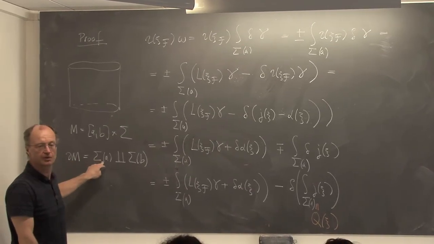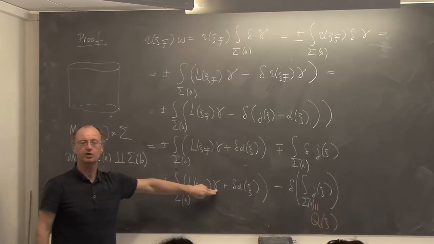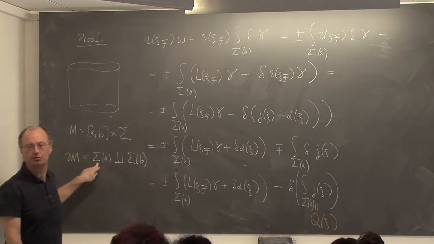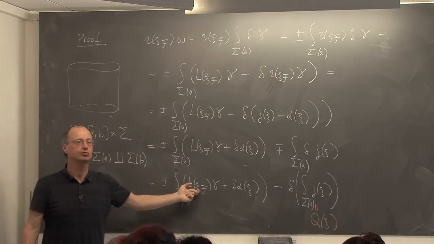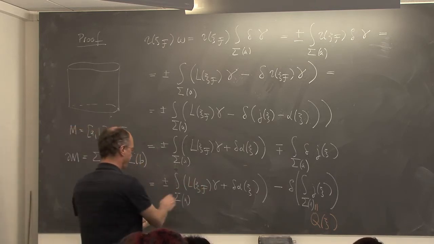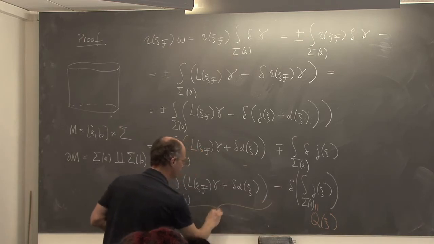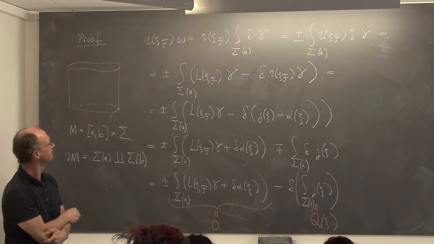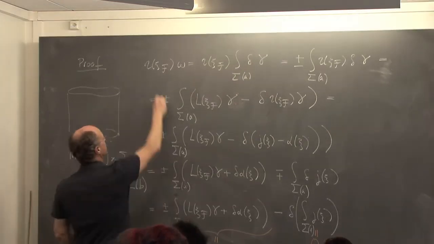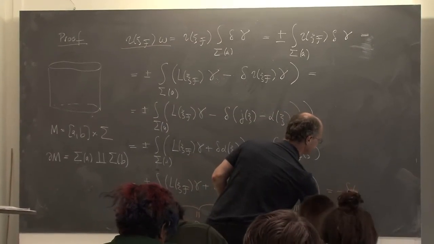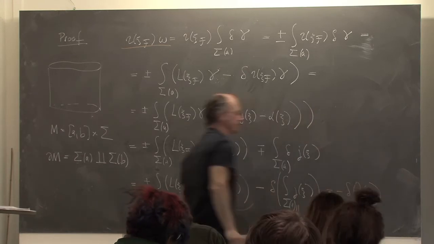Well, if you're sitting at a point which is a solution of EL equations, and you take an integral of this thing over a connected component of the boundary, you get a one form which is equal to 0, right? So this vector is equal to 0 there. So this is a connected component of the boundary. Therefore, this is 0. So we get this equal to minus delta q of psi.